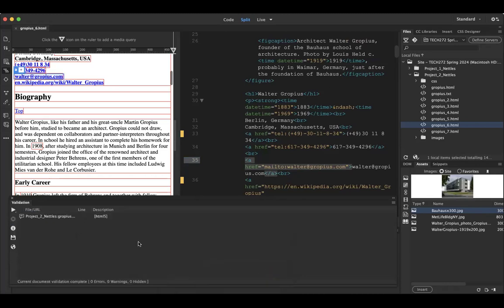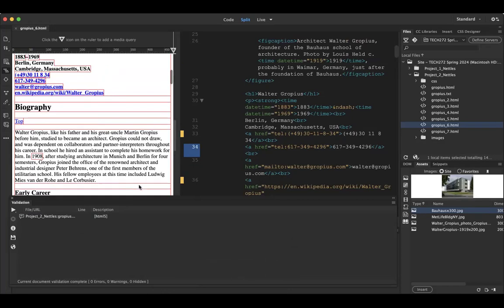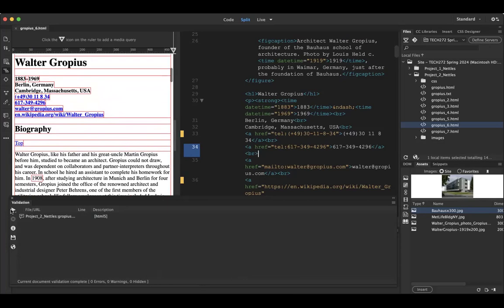Yeah, that did it. Okay, so when we have a phone number here in the href, then we need to have dashes between our numbers. We don't want to have any blank spaces. And that one would probably be more like that. Okay. All right. Anyway, so this validation from the W3C is a more complete validation than Dreamweaver gives us, but Dreamweaver